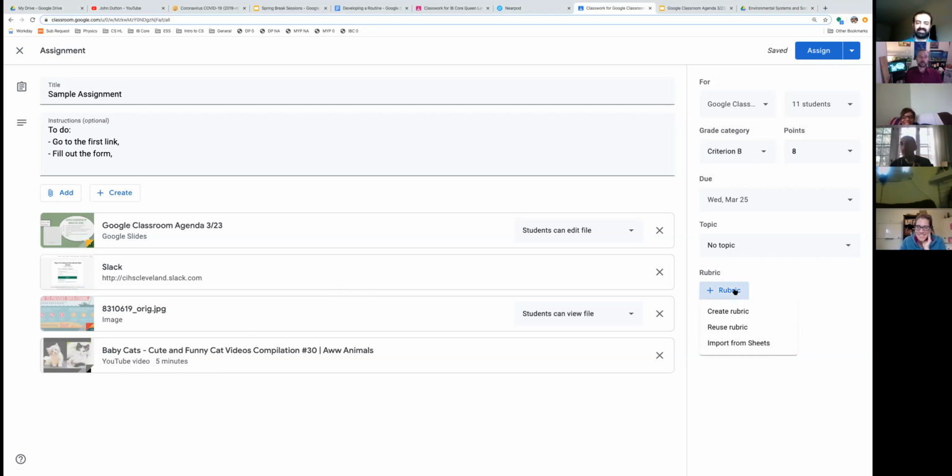So we have 3 options for rubrics. You have create rubric, reuse rubric, and import from sheets. So let me talk about each of those in succession and then show you how create and reuse both work. So create rubric is making a rubric from scratch. Reuse rubric is reusing a rubric that exists on another assignment. And then import from sheets